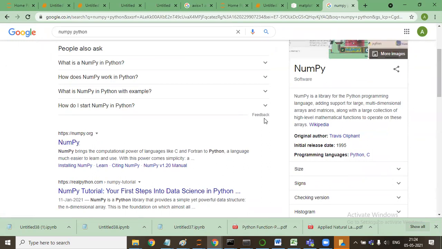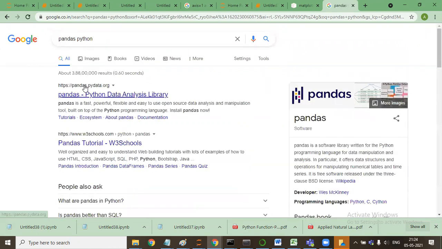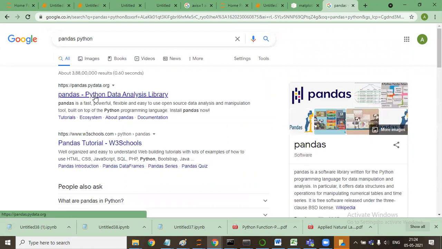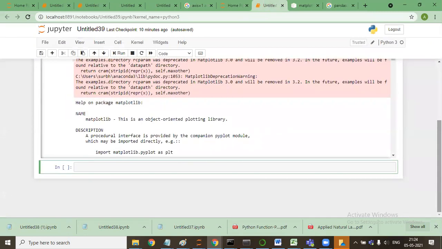If I say pandas Python, it will come as pandas.pydata.org. That's the official documentation. It will not give you a program, it will give you the official documentation about what functionalities you can use.